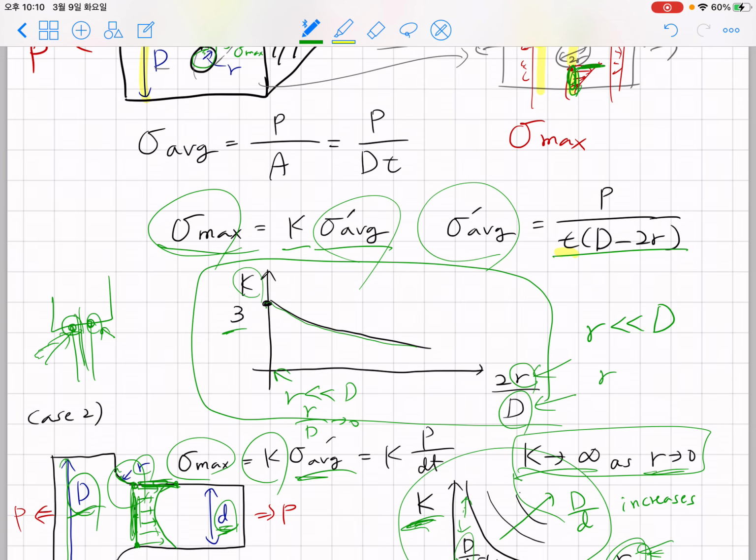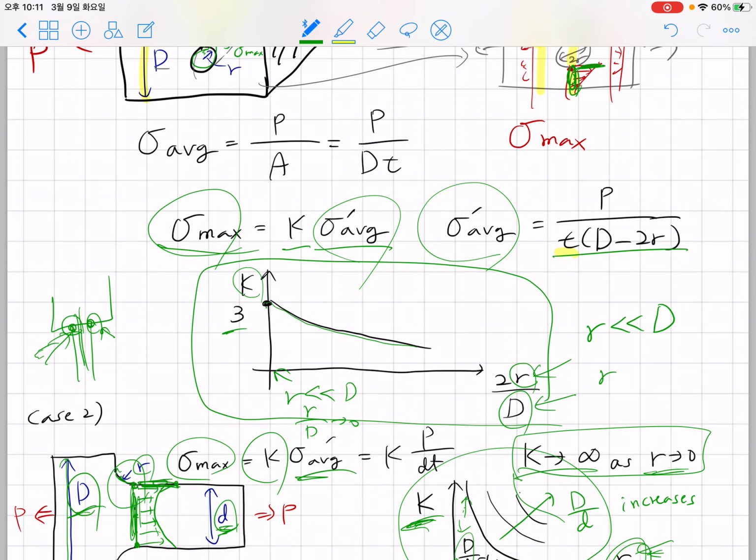Okay, so when you have a very sharp tip at the top of a building, you're going to have lightning strike on the tip of that node. The reason is that there is electric field concentration. The same and similar mathematical phenomenon occurs here. When you have a sharp hole or a sharp corner, you're going to have stress concentration, and stress concentration must be taken into account when designing